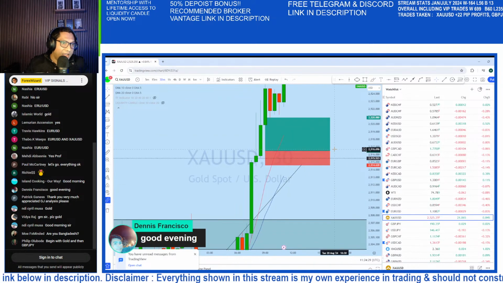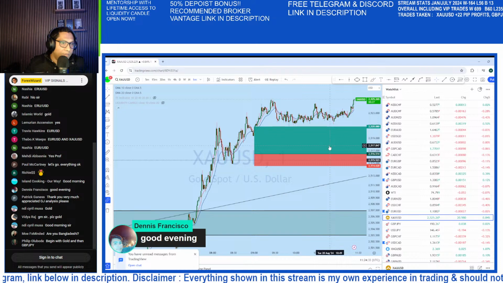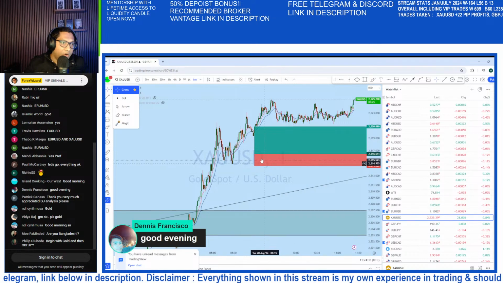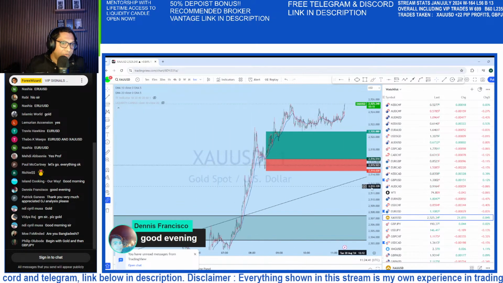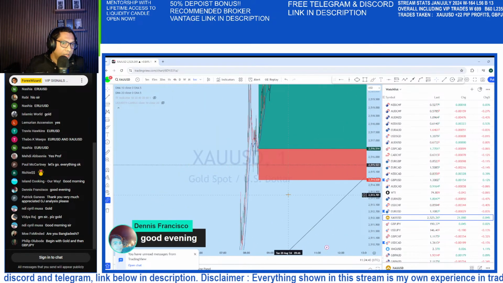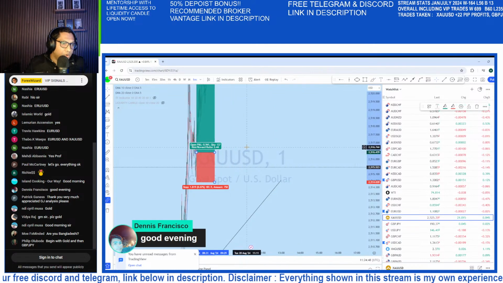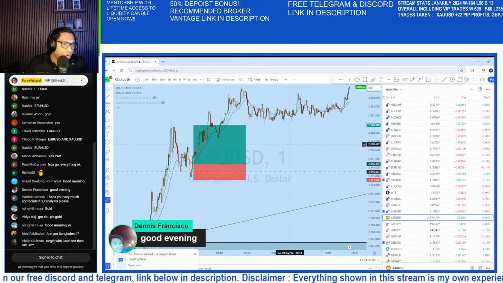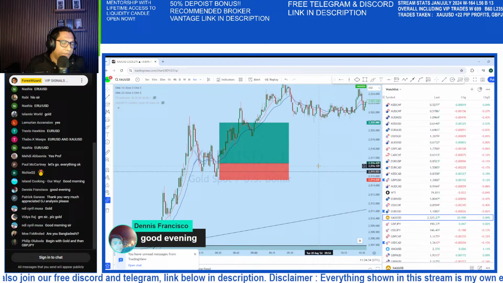Now, because of that, around half an hour ago, I had a trade on gold, and I have shared the same trade in the community, in the VIP group. Let's also look at that trade. I do share all my trades in the group so that the members who are trading with us can also enjoy learning and growing as a trader.